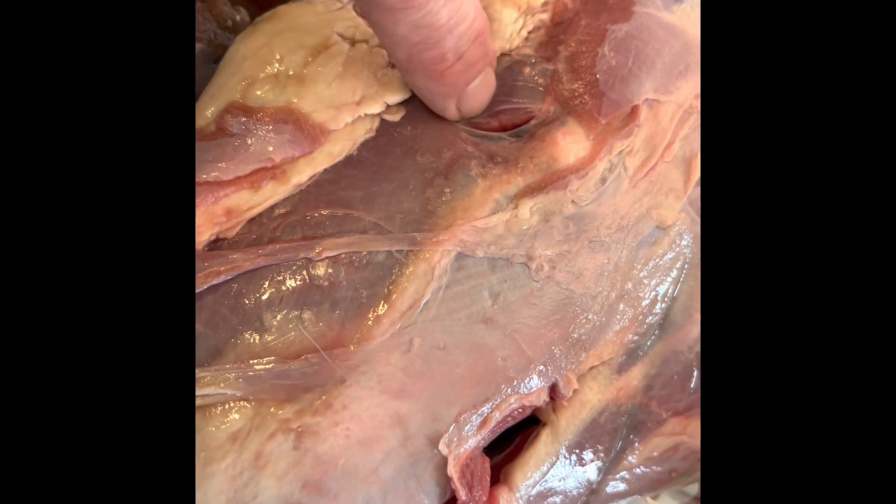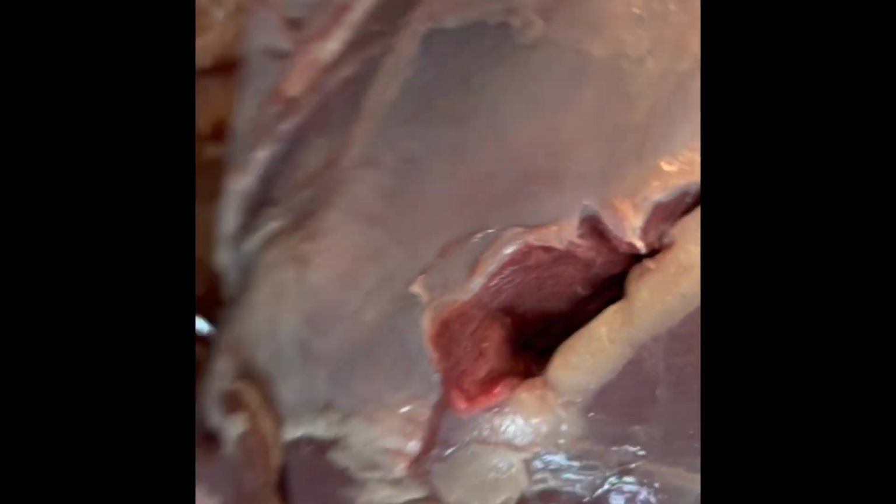Here's the Swhacker. About a 1-inch hole when it goes in. And it comes out